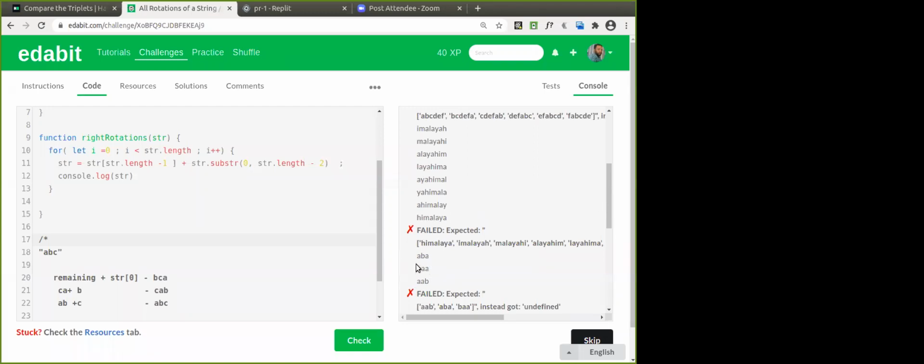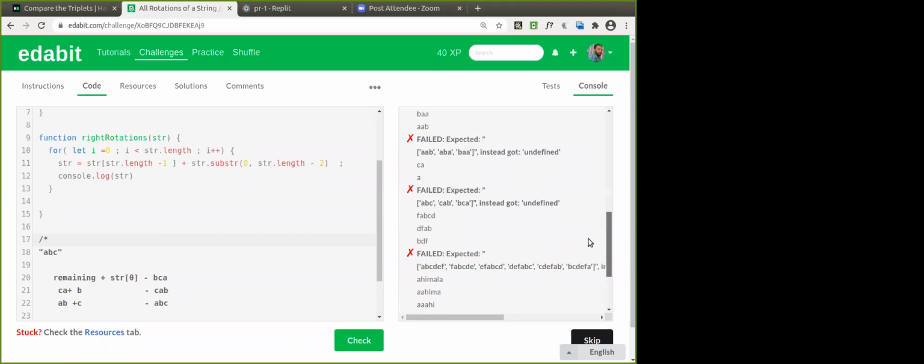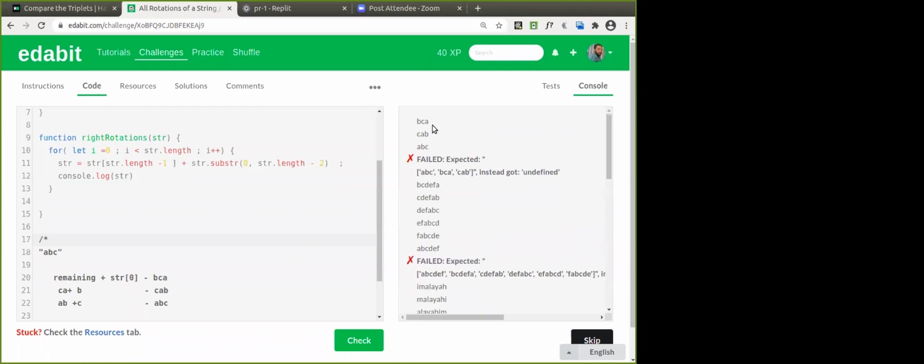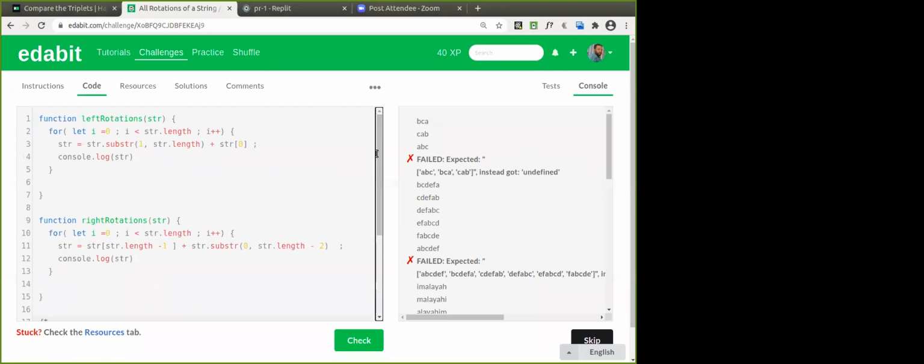That is okay, for right rotation and left rotation. So why it is failing the test is that we have to return this one, isn't it? We have to push this and return this one. Is it okay, everyone? We have to return the array. So we have to return the array. All the arrays, we are getting 2 or 3 arrays that we have to store in an array and return the results. Fine. Have you understood the logic, everyone? This will serve our purpose. We can store all the values in the array and return those values. Good.